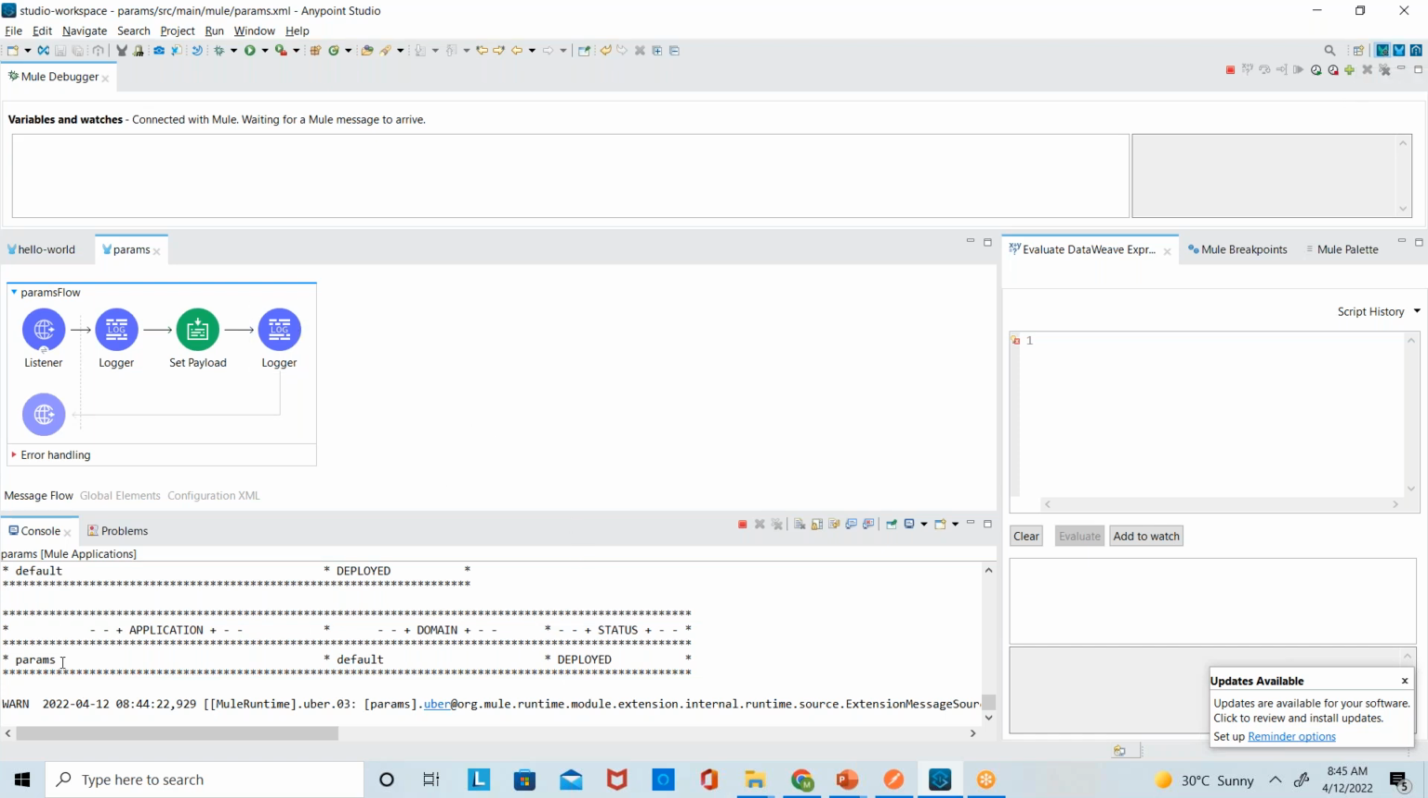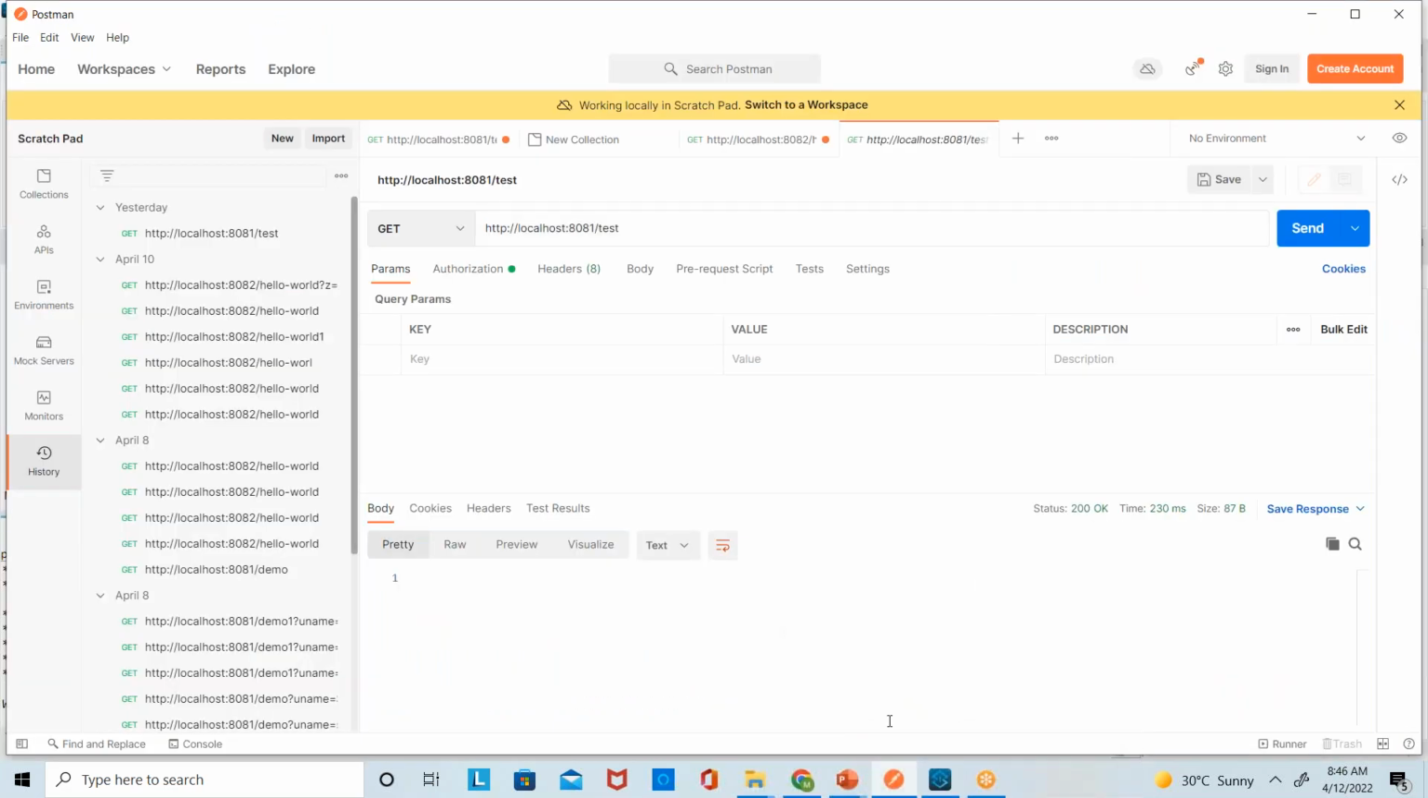If you see your application name, the application is deployed on domain default exactly. Okay, now your application is ready for what? For hitting it and seeing the response exactly. I'll go to